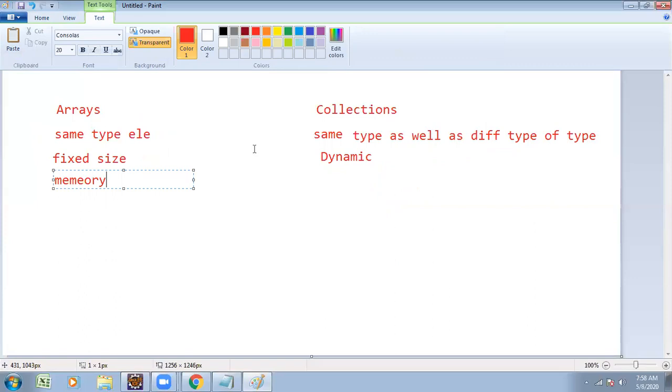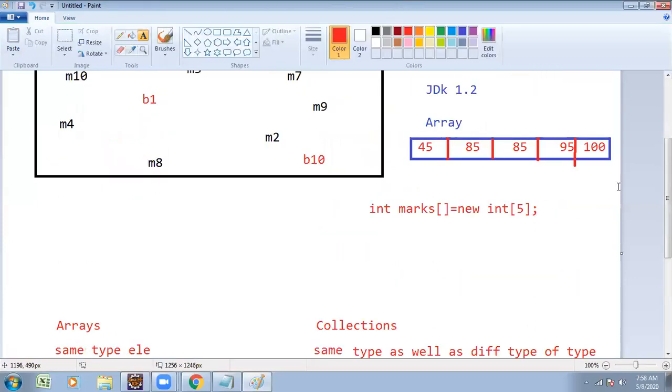Memory point of view. Suppose here I declare the array size as 5, so 5 elements can be stored. But I wanted to store the elements of only 3. The array can store 5 elements, but I have only 3 elements to store. I declared the array with 5 element storage, but now I stored only 3 elements. The remaining things are wastage. I declared 5 and utilized only 3.